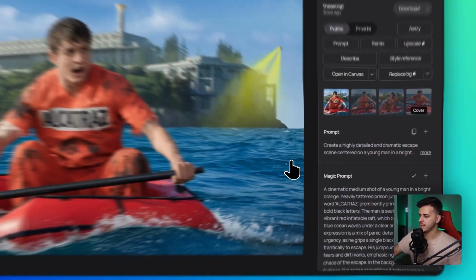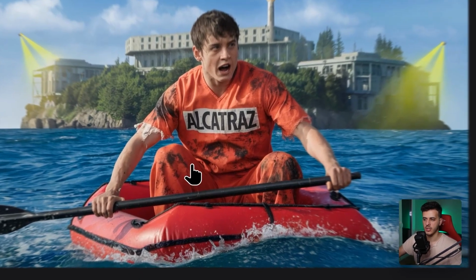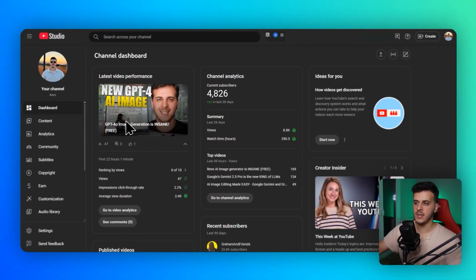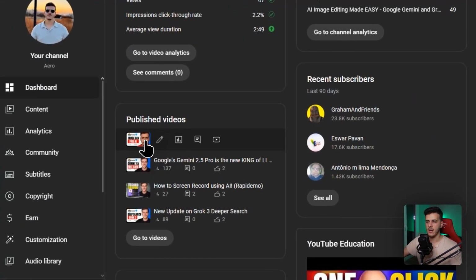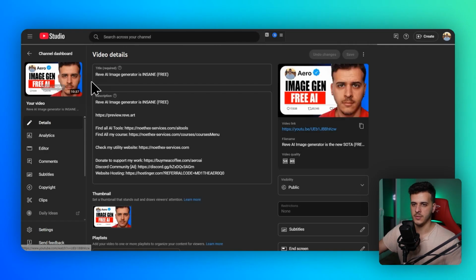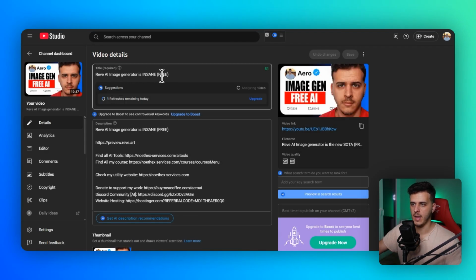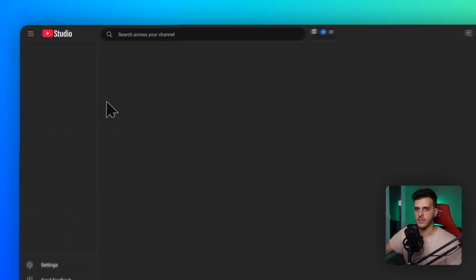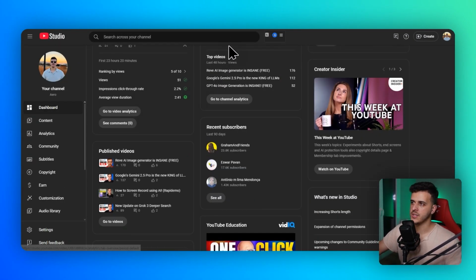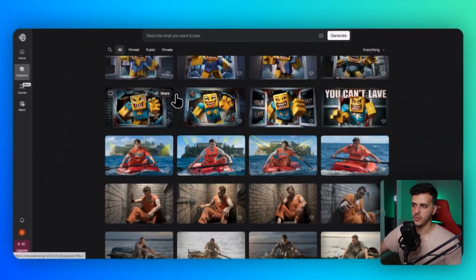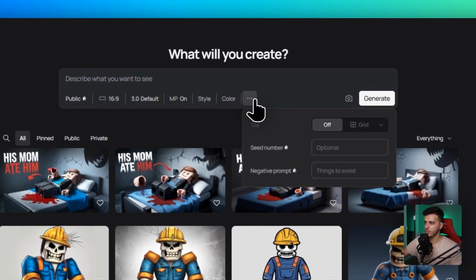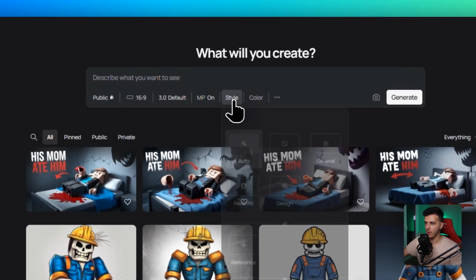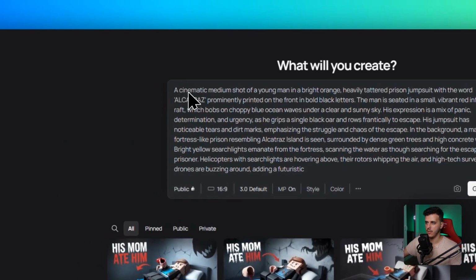The first one is this amazing prompt of a prisoner trying to escape. In the previous video, I have covered the 4.0 image generation. I also covered this image generator, which is state of the art. It's called Riv AI image generator. You can go ahead and find these generators on the previous videos, go watch them. But in my opinion, Ideogram 2.0 is the best image generator I have ever seen up to now. So what we want to do is put in the prompt over here